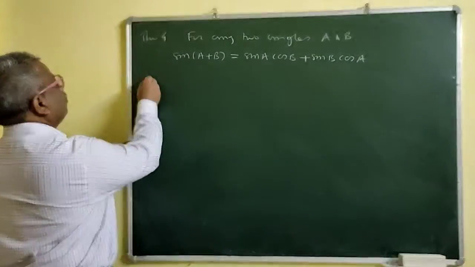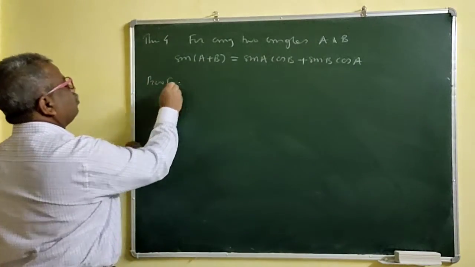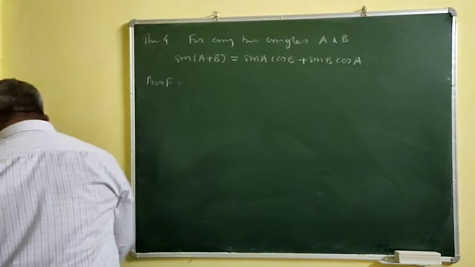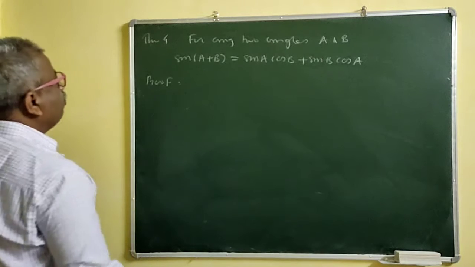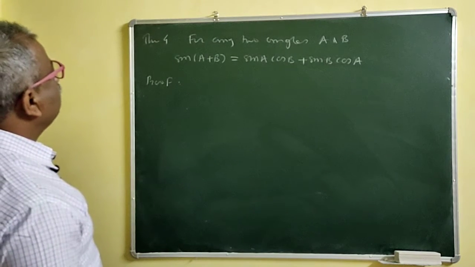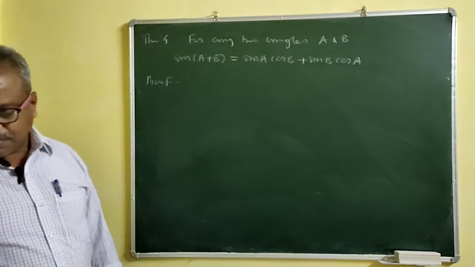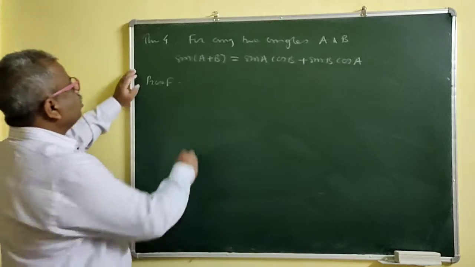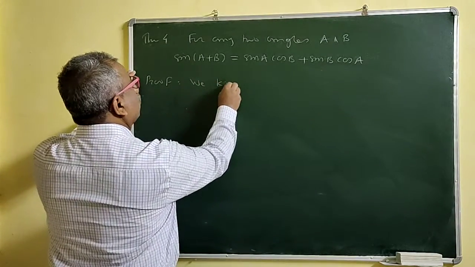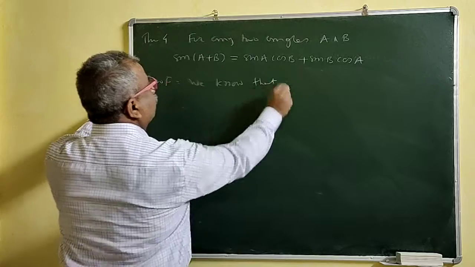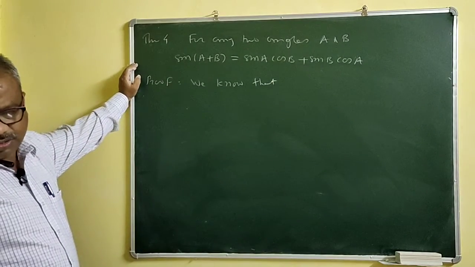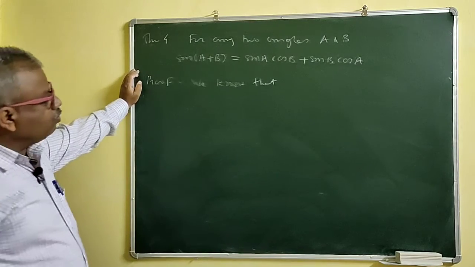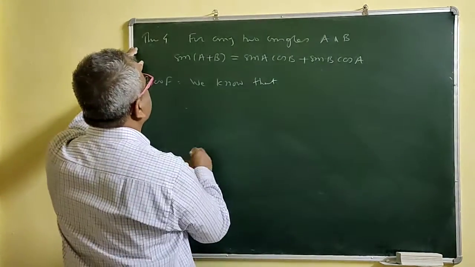Okay. So we'll prove this one. So you want sin A plus B, right? So that means we have the formula for A minus B now. We have proved sine of A minus B, right? We can apply that. We know that. Otherwise, you can express it in terms of cos also, and you have both the formulas for cos A plus B and cos A minus B, right? So with the help of that also we can derive. But we have the formula for sin A minus B.